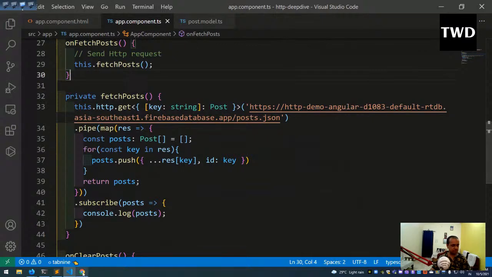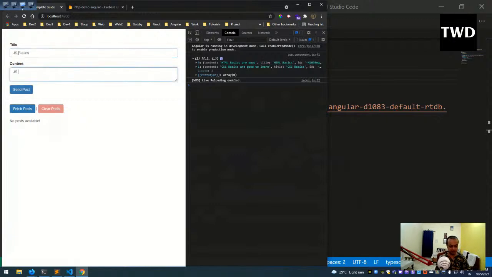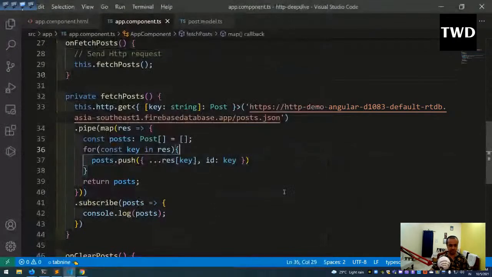Okay, so now let me go back and see. Yeah, it is working fine. Okay, JS basics are good. Send post, fetch post. Yeah, it is coming good. Okay, so the next thing is that